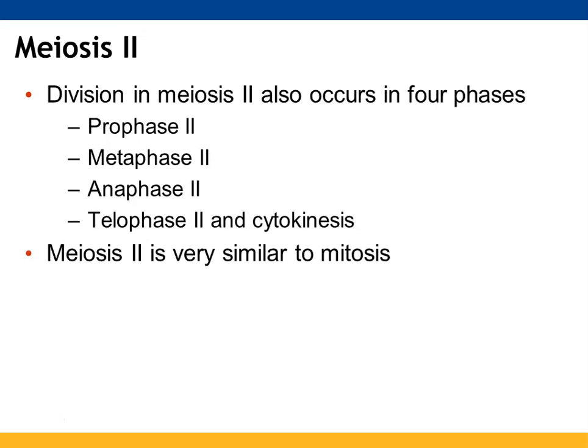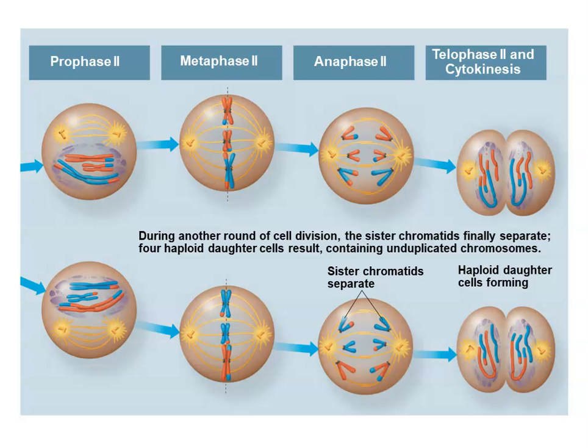So meiosis 2 again is going to look a whole lot like mitosis. In prophase, you've got your chromosomes. They're already condensed. You're going to have them line up on the midplate. You're going to have the kinetochore microtubules join on again. They're going to split the kinetochores at the sister chromatids so that you have sister chromatids from each chromosome moving to opposite ends of the cell.